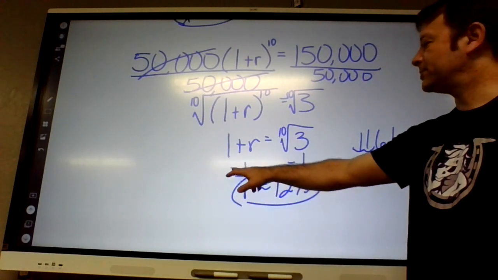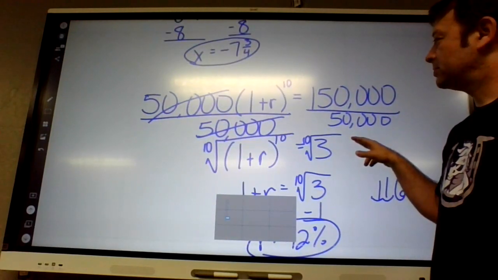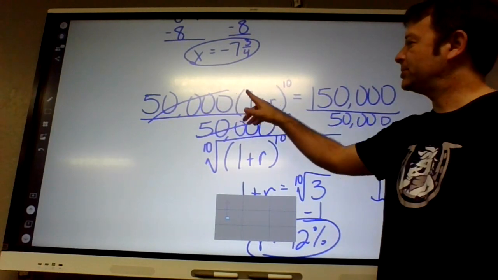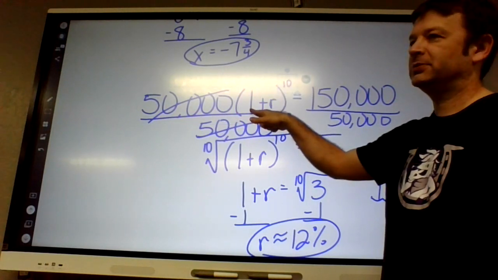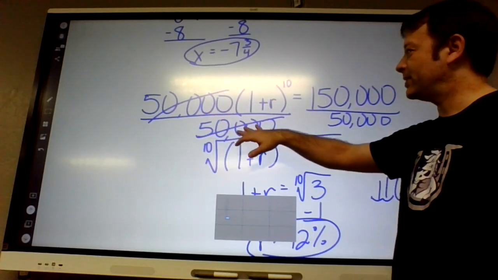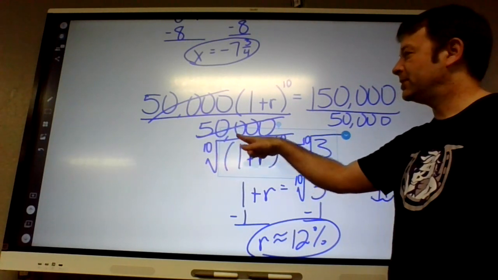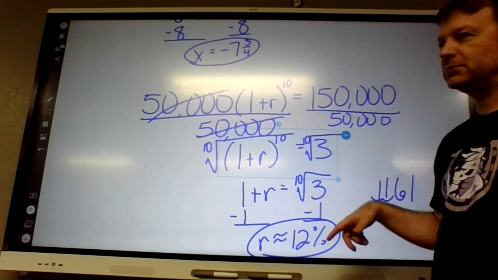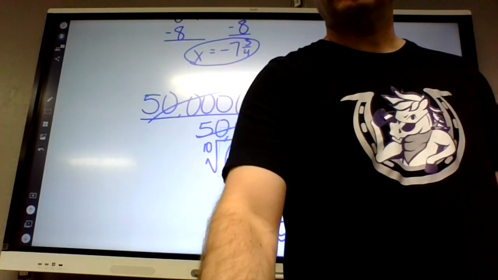Well, Leo, did you recognize the formula we used here? Yeah, I recognized the formula. Then I got lost. Well, to solve for R, we had to get rid of this, this, and that, and get it by itself. To get rid of the times 50,000, we divided. To get rid of the 10th power, we took the 10th root. And to get rid of the plus 1, we subtracted 1. That makes more sense. In summation, is 38 the exact